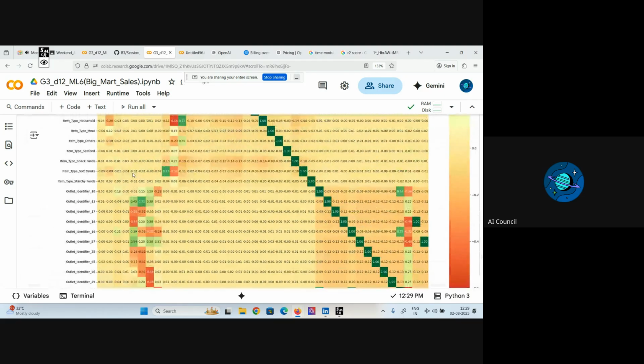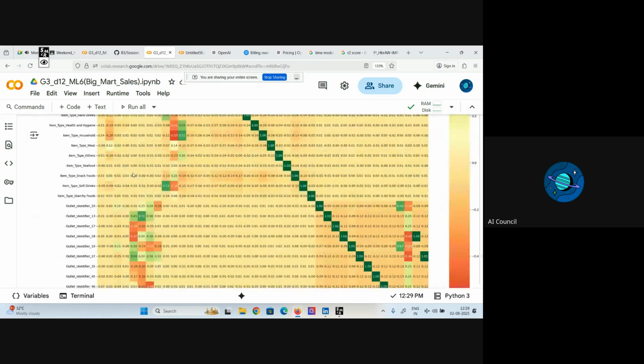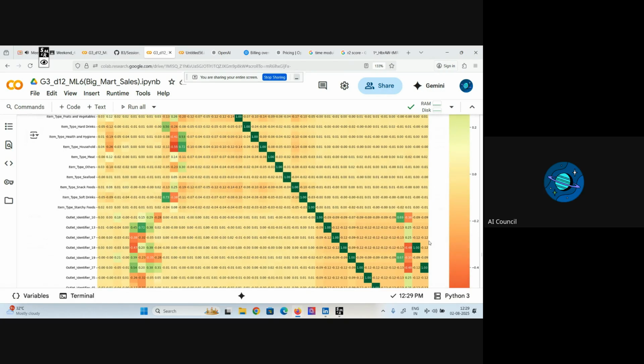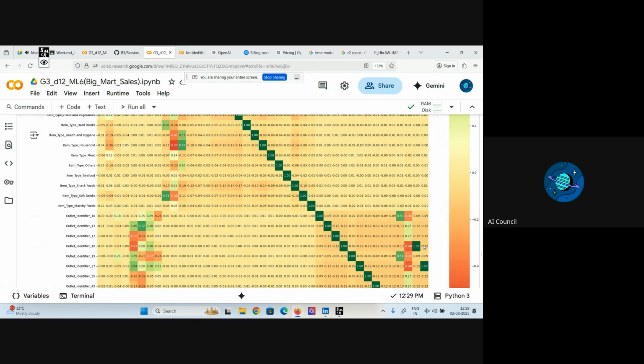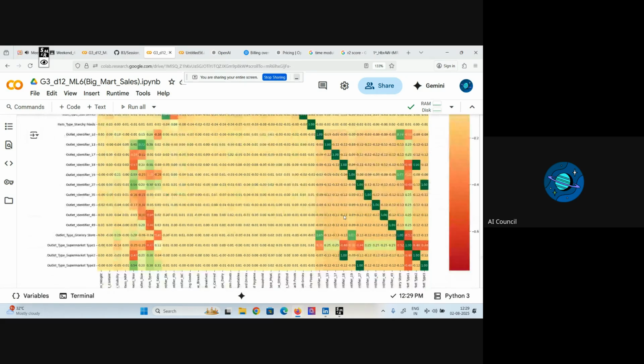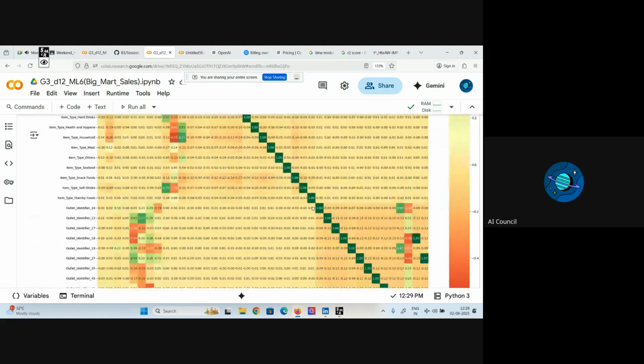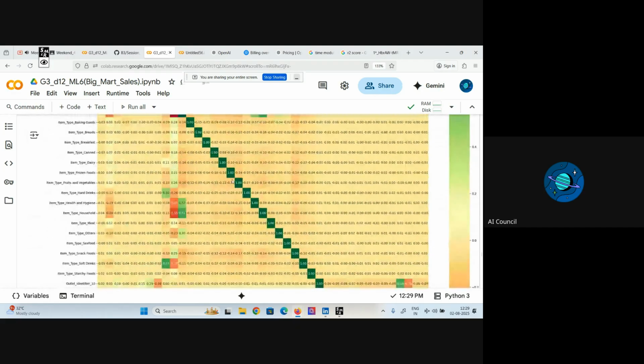Okay, better. So now if you see, the green color is showing the good correlation, right? Green color is showing the positive correlation, and this red color is showing what? Negative correlation. All the red color is negative correlation. Now, if I check it over here,